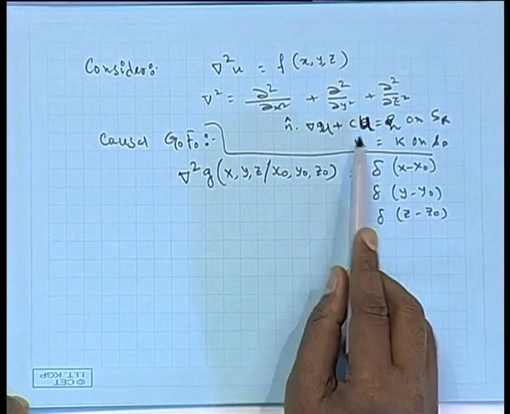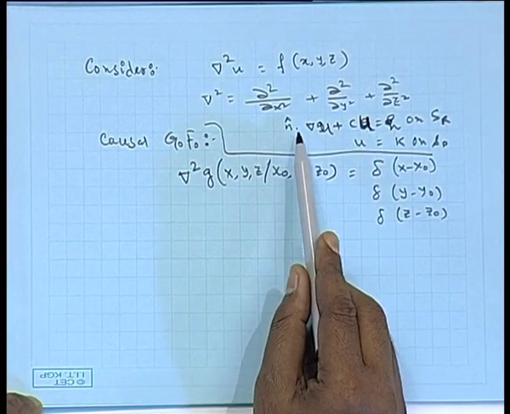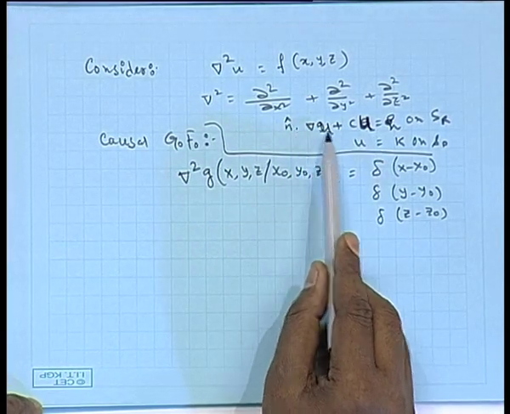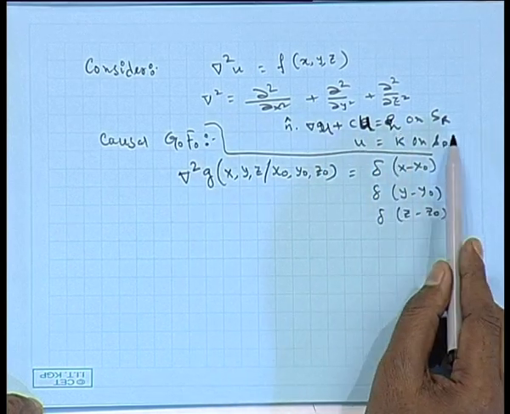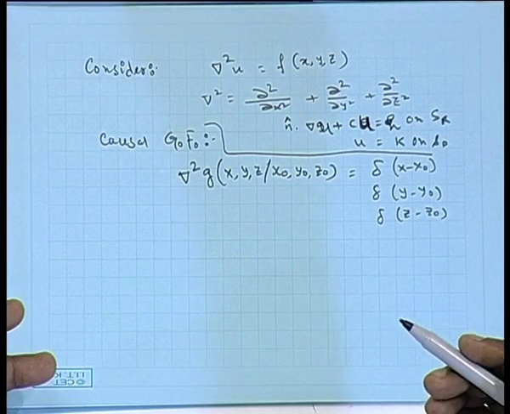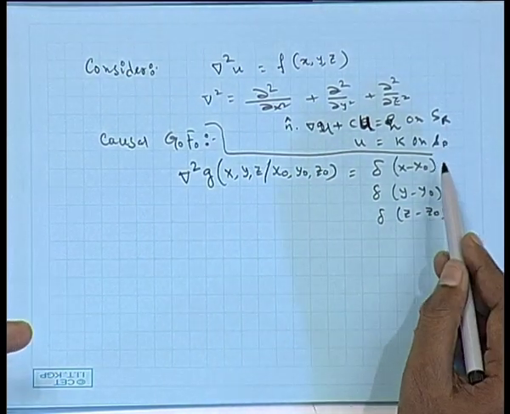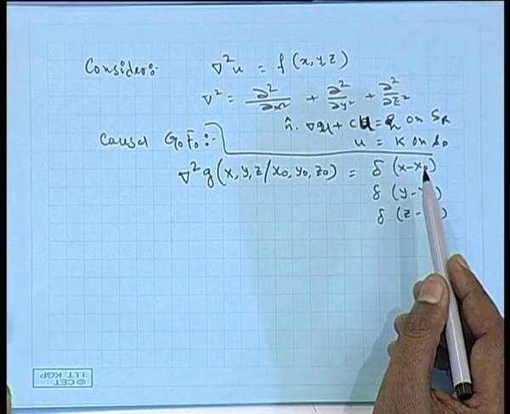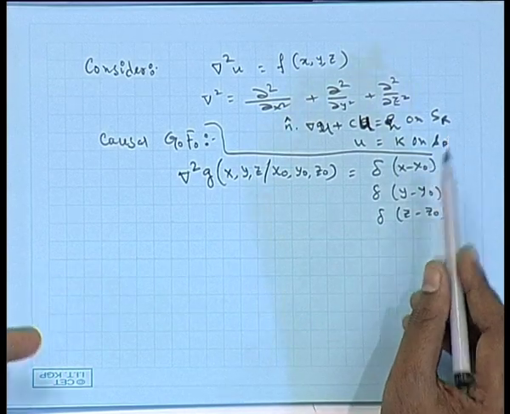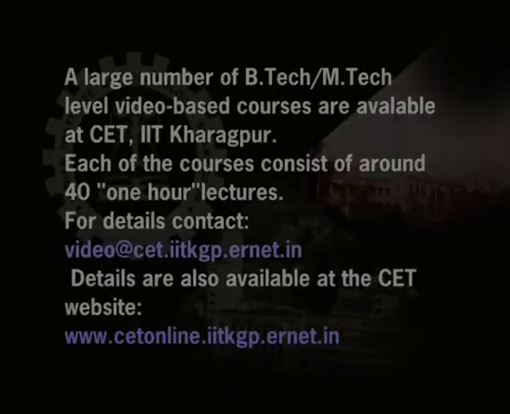This boundary condition is a mixed boundary condition. This is unit normal. Okay. So, this is basically grad of u means plus C u is equal to H on some surface. Let us divide the boundary surface into two parts. One is SR, another is SD, and on SD, let us say u is having a Dirichlet boundary condition, and on SR it is having a mixed boundary condition.